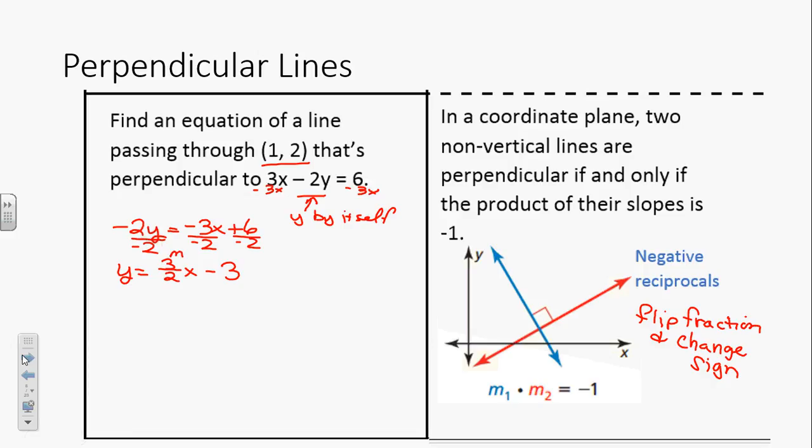Okay, but our new line is supposed to be perpendicular. So what's the new slope going to be? Negative 2 over 3. Very good. Okay, so our new slope